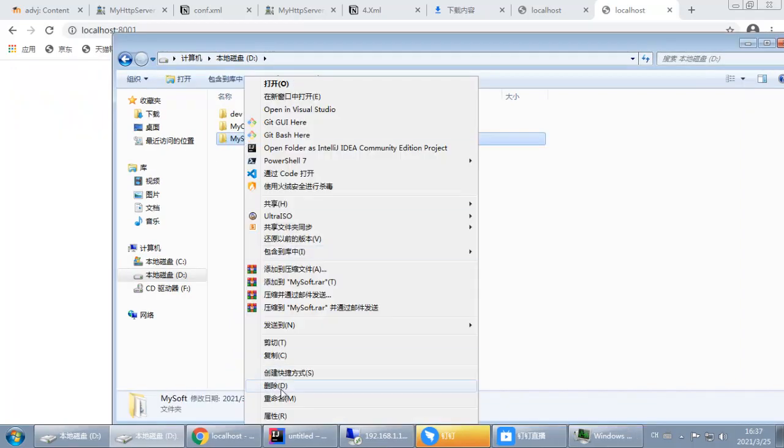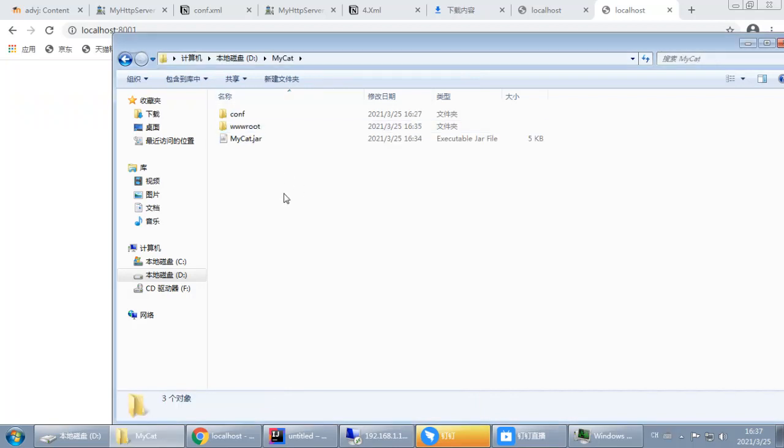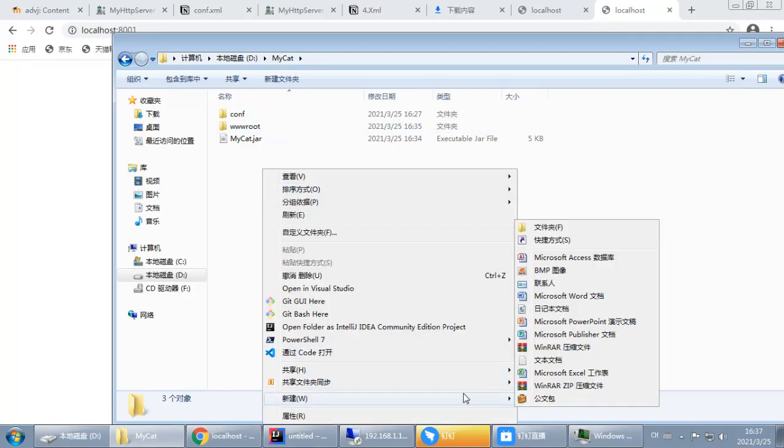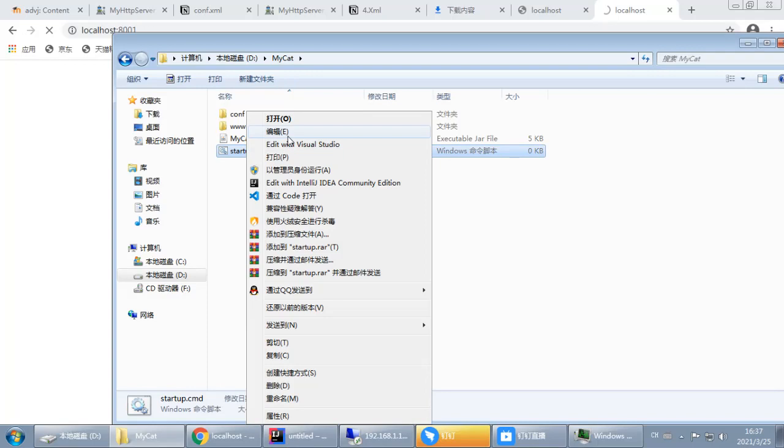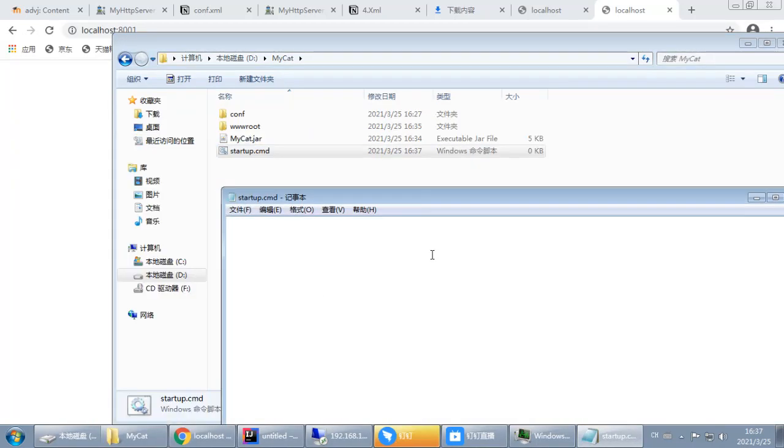I'll delete this one and this one. But our client doesn't know how to run this code. So we have to create a new startup.command. We have to write a new command for our customers, and in this we should write